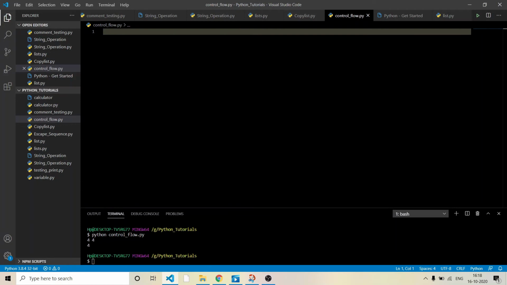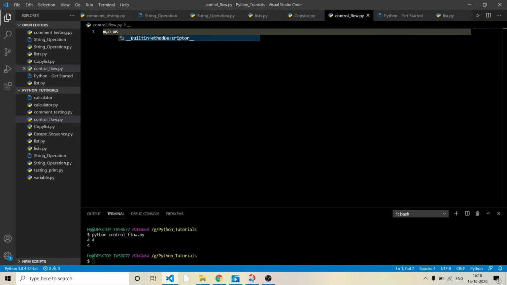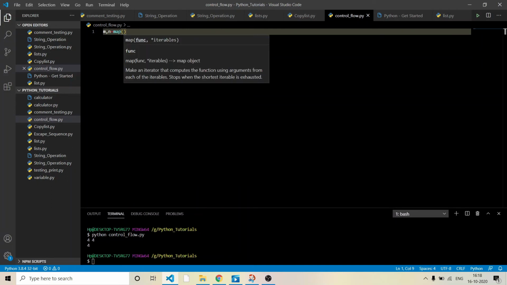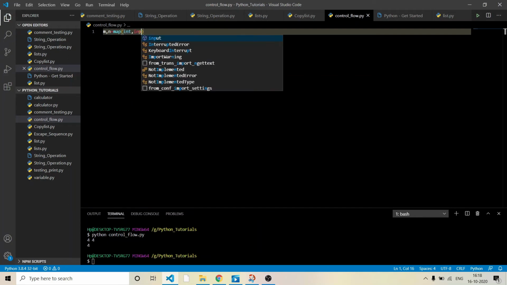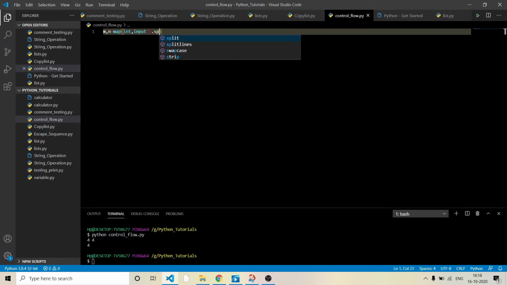Let's take an input. Okay, so m comma n equals to map int comma input dot split. Dot split is used when you need to take a two variable input in a single line.